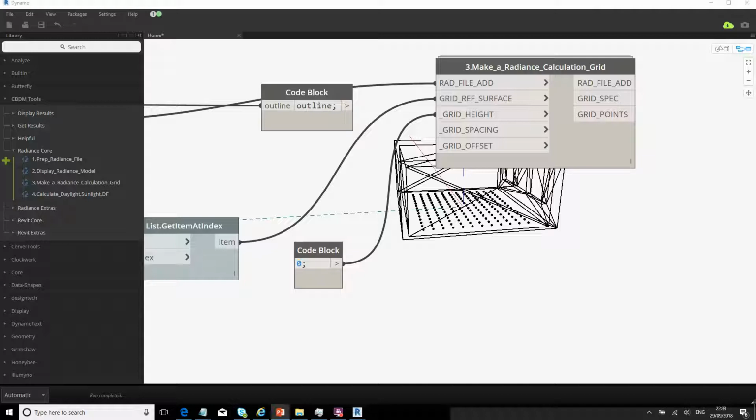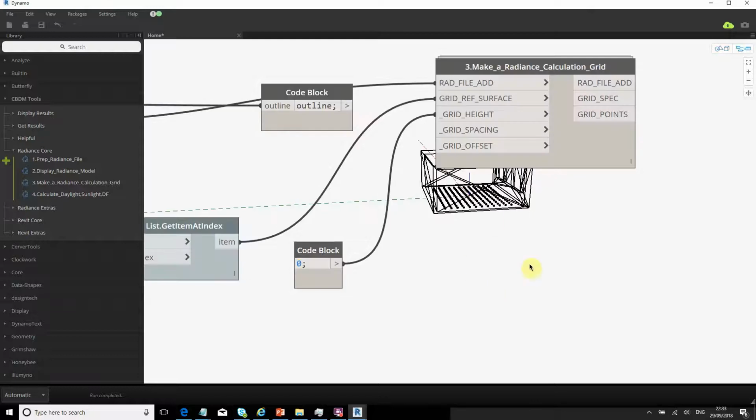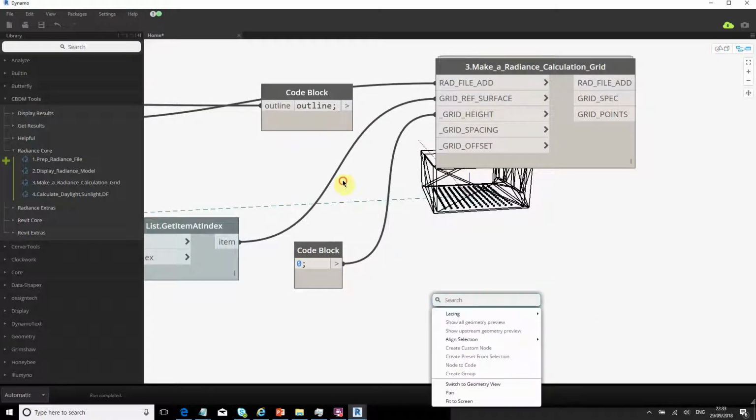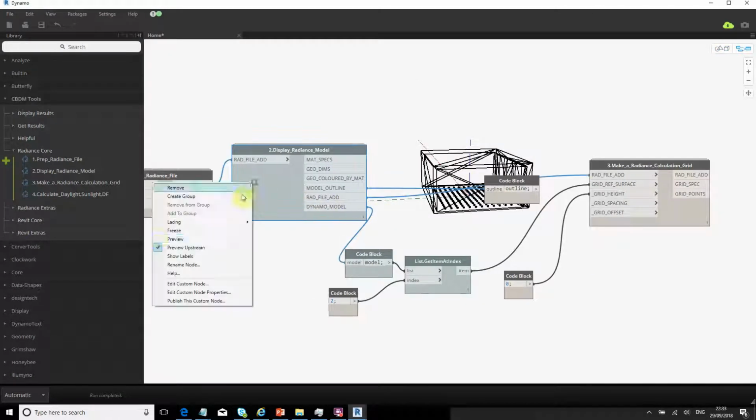Straight into it. If you're watching tutorial 9, I've just shown you how to lay in a grid, and just to give everyone some context, what we've got here is a